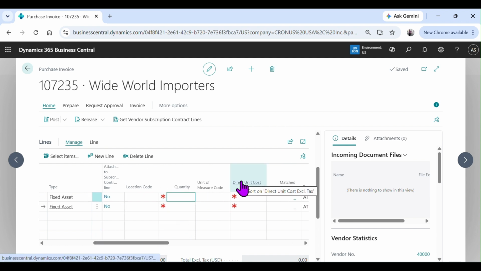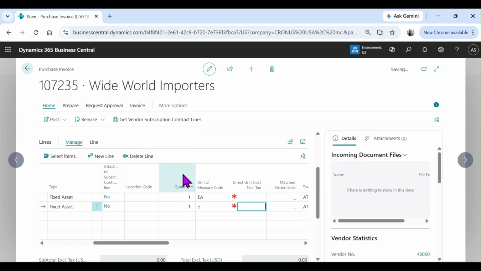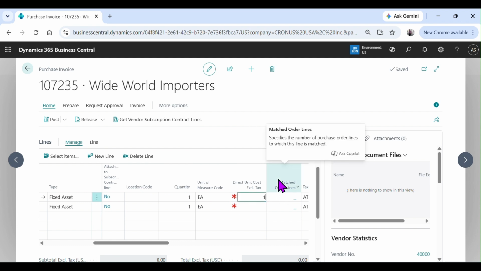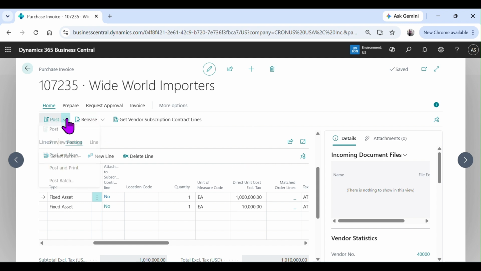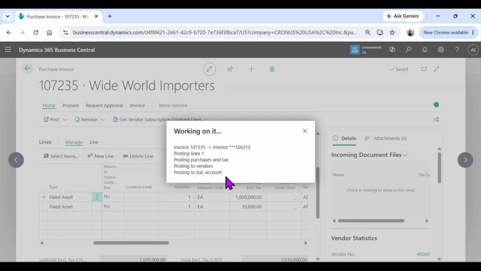Now I'm defining the quantity, that is 1, right? And even for the MacBook, it's 1. Land I'm going to buy for a million, and for the MacBook, it's 10,000. Now if I go and show you the preview posting,